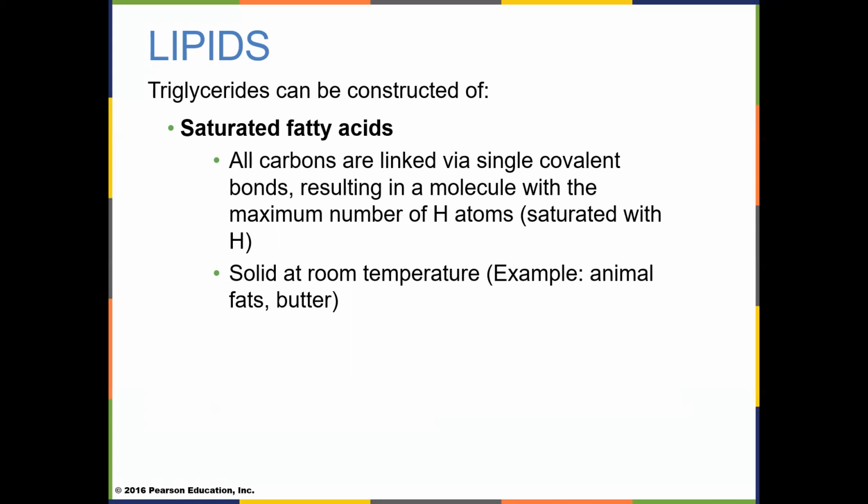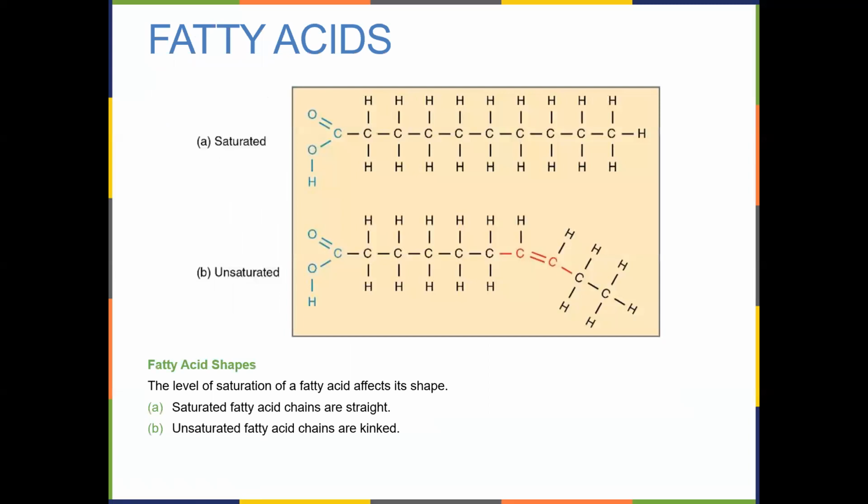So, because it is a saturated fat. This is what a saturated fat looks like right here. A single bond, single bond, single bond, all the way across, and every space filled up with hydrogen. An unsaturated fat is a little different. An unsaturated fat has a double bond somewhere in the chain between the carbons. So instead of sharing 2 electrons, we're sharing 4 electrons at the double bond.